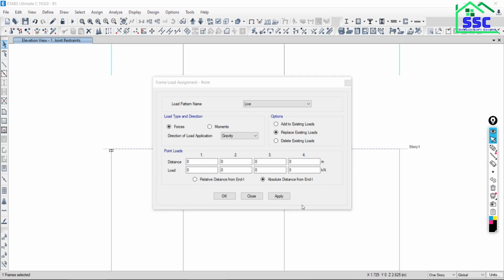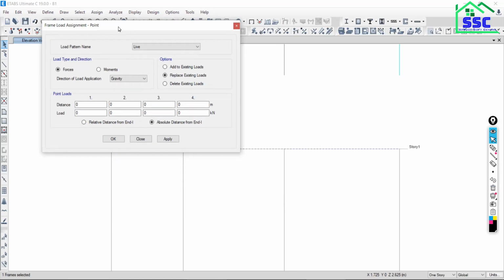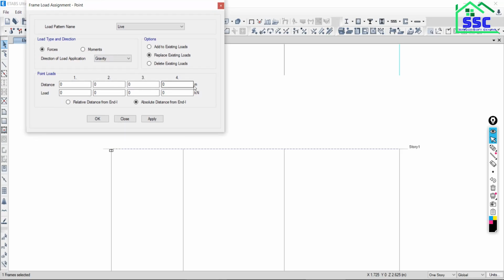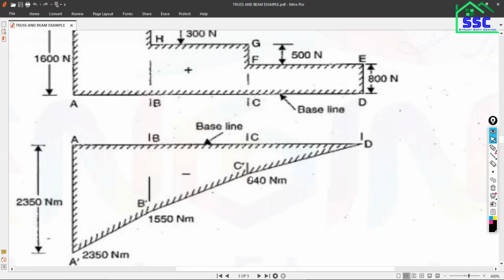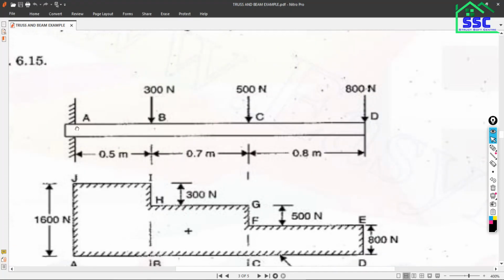Hello, you all are with me? Yes, sir. So it is asking about the distance. Look at the first line, it is in meters, so it is asking the distance, and the second line is the load, how much loading you want to assign. Now go back: this is the origin point. From the origin point, the base point, at what distance do we have to assign the load?